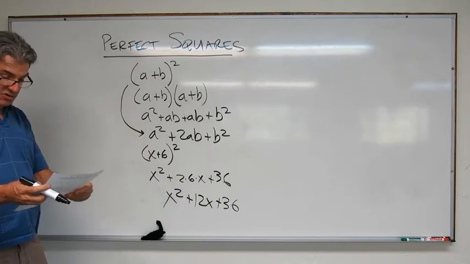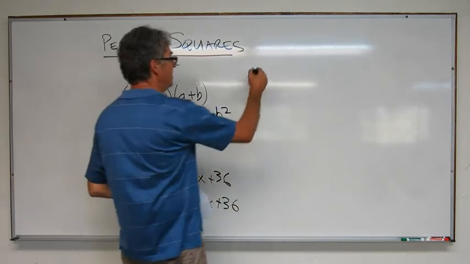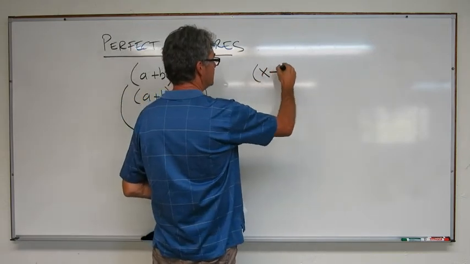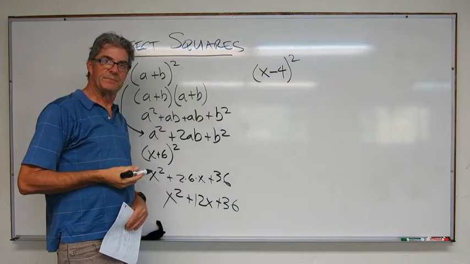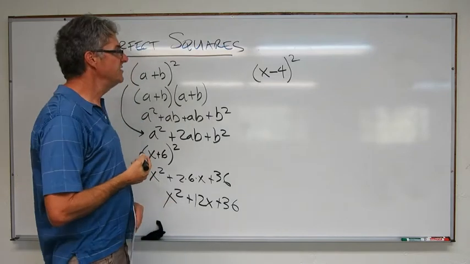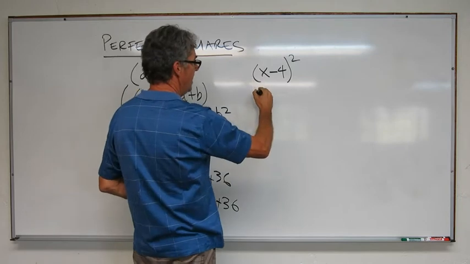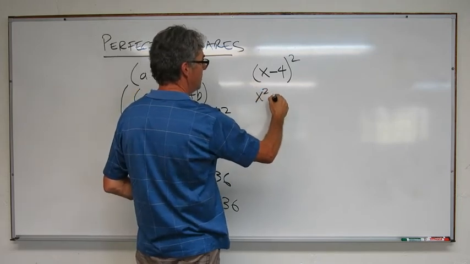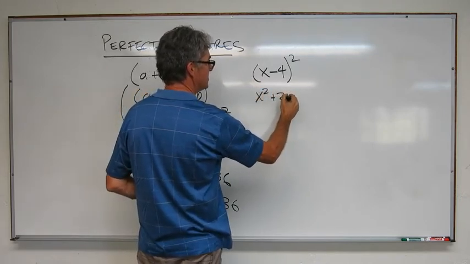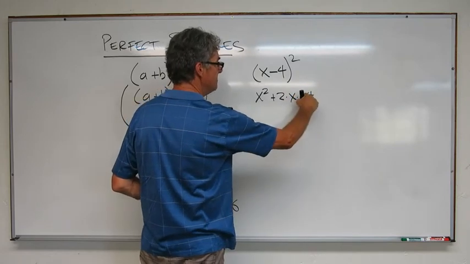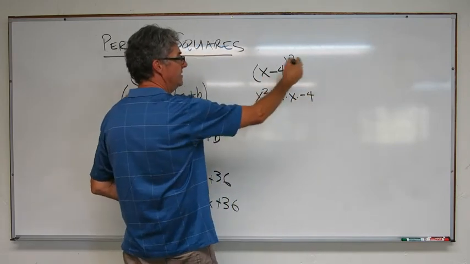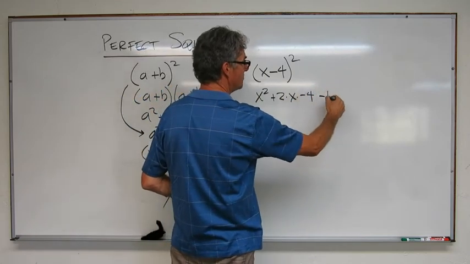Okay? Let me give you one to try. Let's do x minus 4 squared. Pause the video, give it a shot. Okay, let's see how you did. I'm going to do my x squared plus 2 times x times negative 4. This is one term right there. And then minus 4 squared, which would be, or 4,